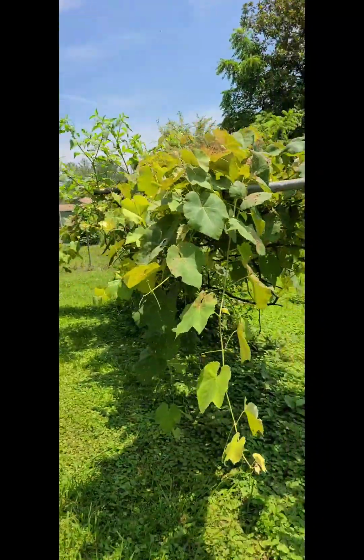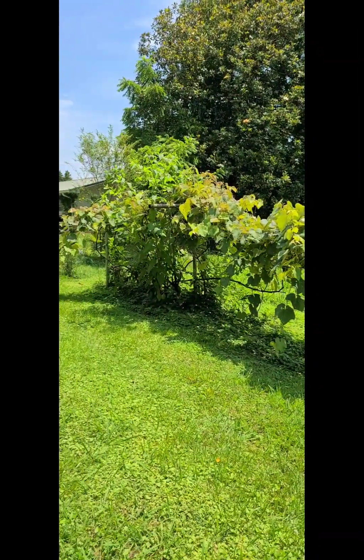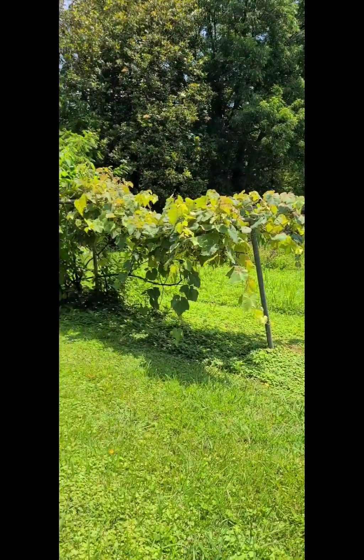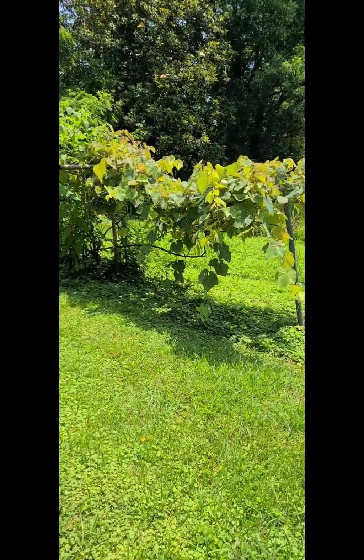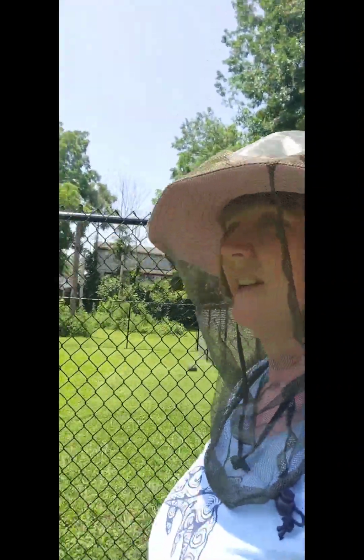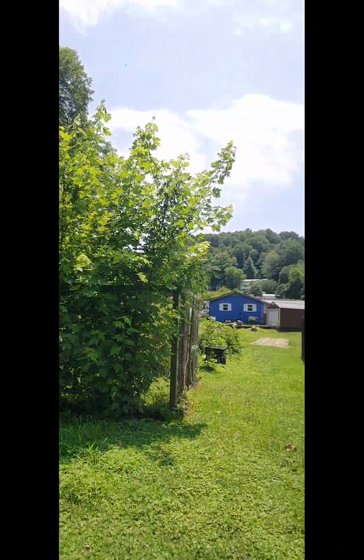Let's step back a little bit so you can see. And again, it's just been well maintained and cut back. Obviously, you could make it just take over and trellis it as much as you wanted, which as we go I might do. And then this area here in between the grapes and the chicken coop, this is where the garden will be,